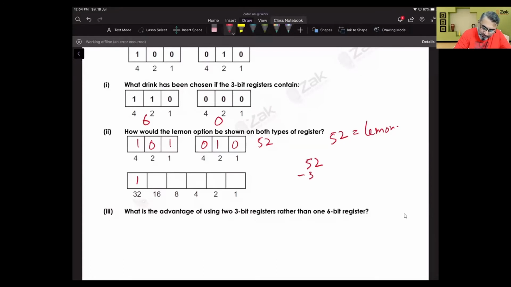32 minus 32. Then we have got 20, then minus 16. We have got 4. So it means we cannot subtract 8 from 4, then 4. Then 4 minus 4, that is nothing. So this is 52. So if we put everything together,